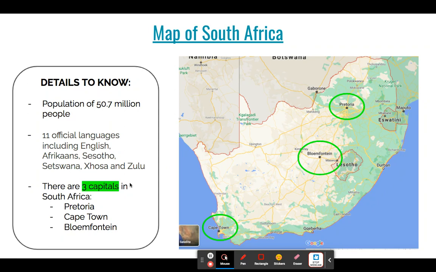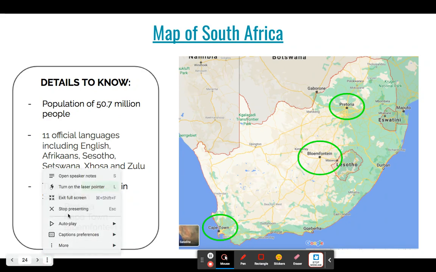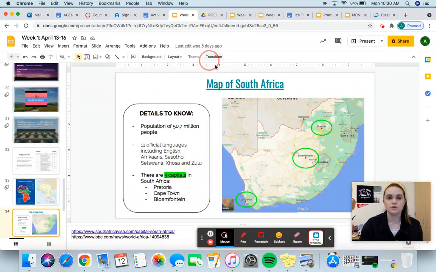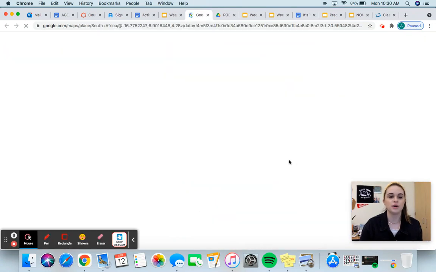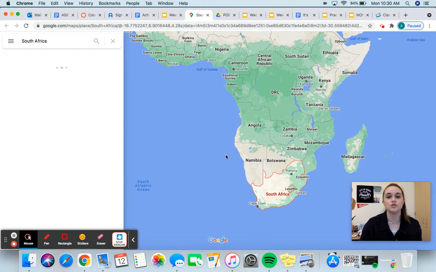And then there's three capitals: Cape Town, Pretoria, and Bloemfontein. I'm not sure I pronounced that right, but there's three of them circled here. So what you can do in these slides is click on this link. And I would encourage you to do this, to pause this video and do this. This will take you to